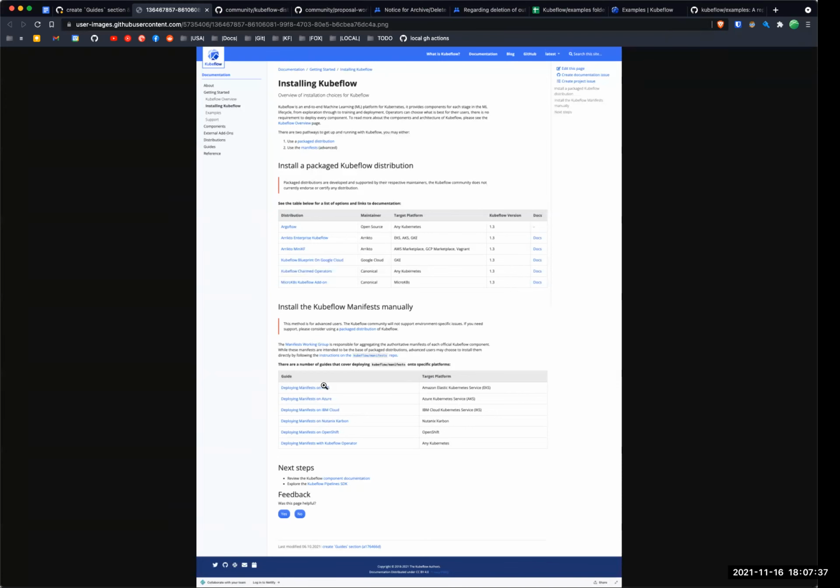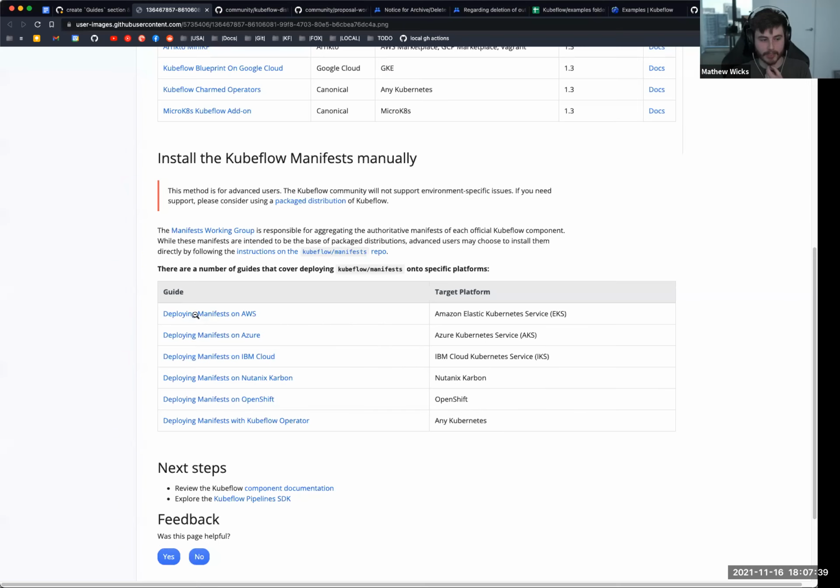Well, actually, I think you're 100% right. I think it would be more clear if you see under this install manifest manually page, if we add the word kube, or even use kubeflow/manifests to be even more precise. And in the case where that's not what's happening, then it's probably a distribution and it should be moved up. That's the whole point. If that's the proposal, that's a really good proposal. I'll make that change, if that will make you accept it, if that's going to be suitable to you.